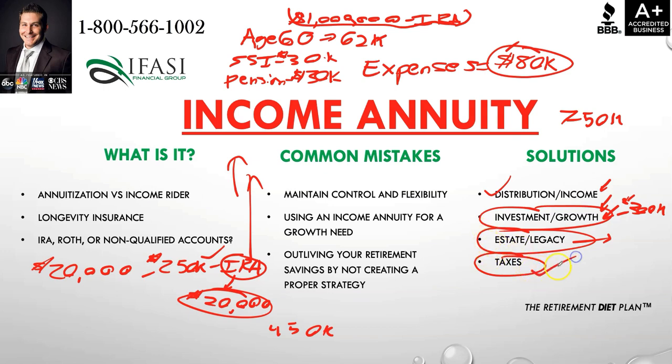And same thing with the taxation. Does it make sense to do Roth conversions versus leaving it in these traditional IRA accounts, or utilize non-qualified monies and an effective tax allocation strategy? So it's just making sure that you're staying within the acronym of DIET. Distribution: has your distribution planning been kept up to par? Is that maintained correctly? Do you have a correct solution there? Investment growth need: is there a correct solution there? Estate legacy, and then taxes.